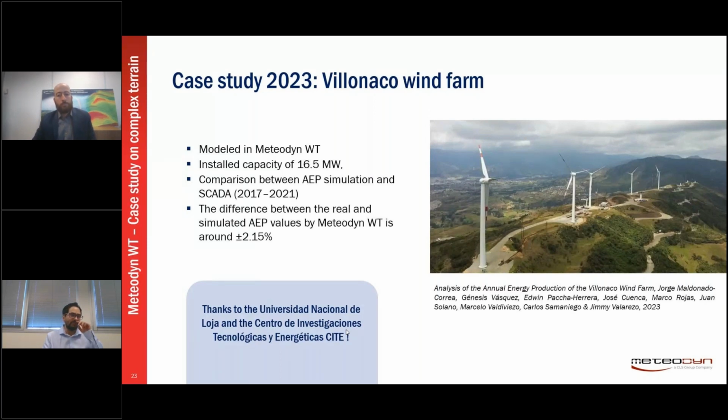It's just a few details on the wind farm, 16.5 megawatts, and they have compared the AEP estimation with actual SCADA data, production data, and what was found was that the difference was only around 2%. So we're very proud of this